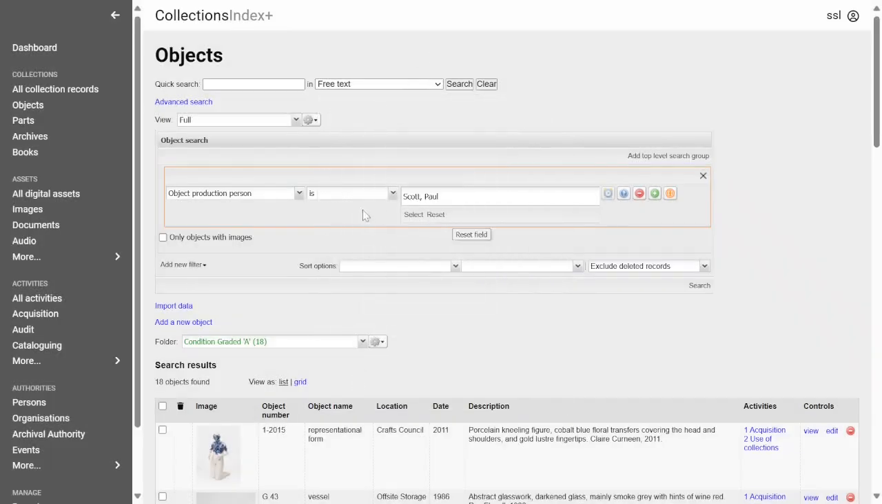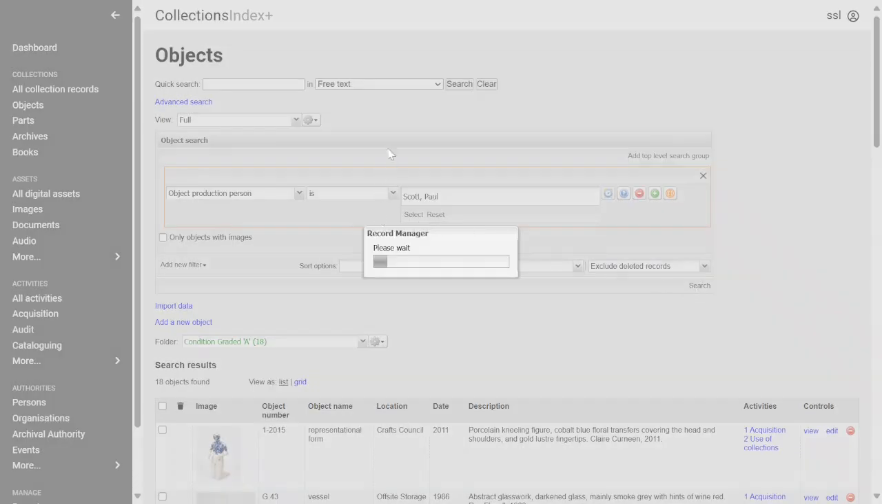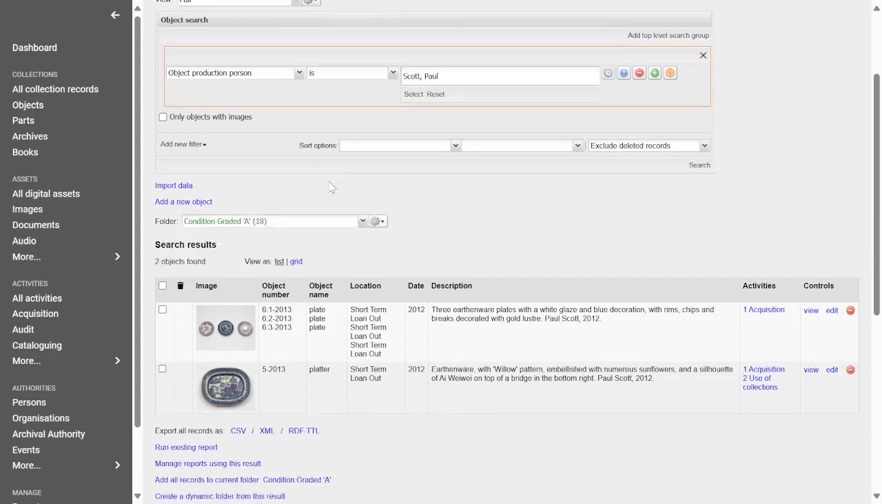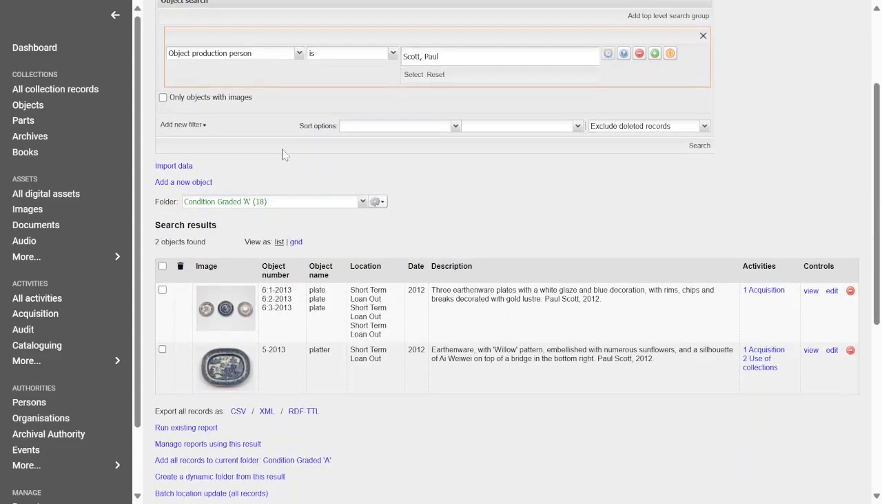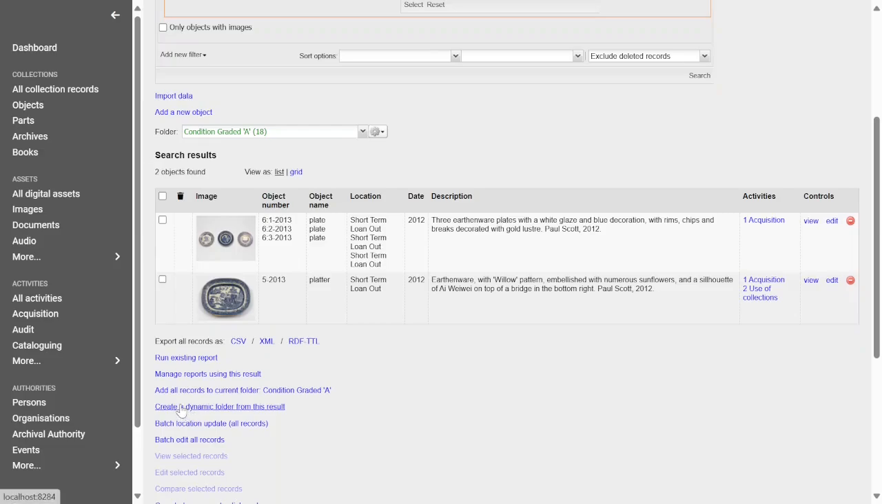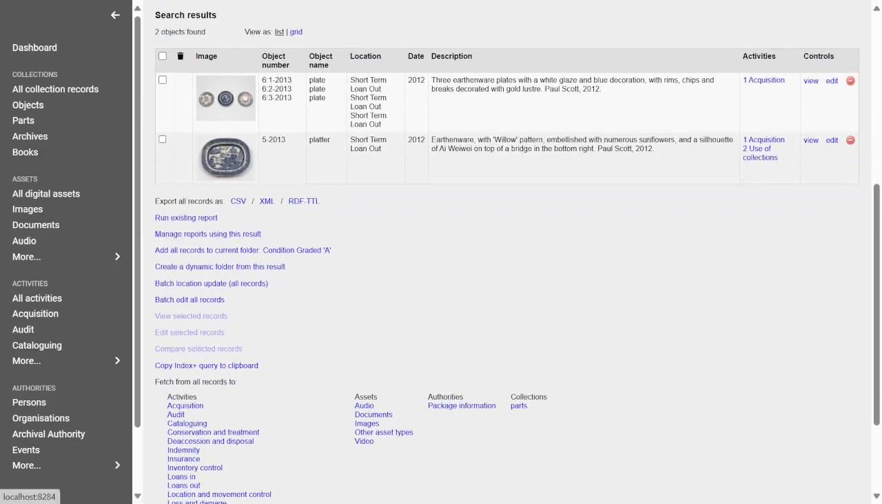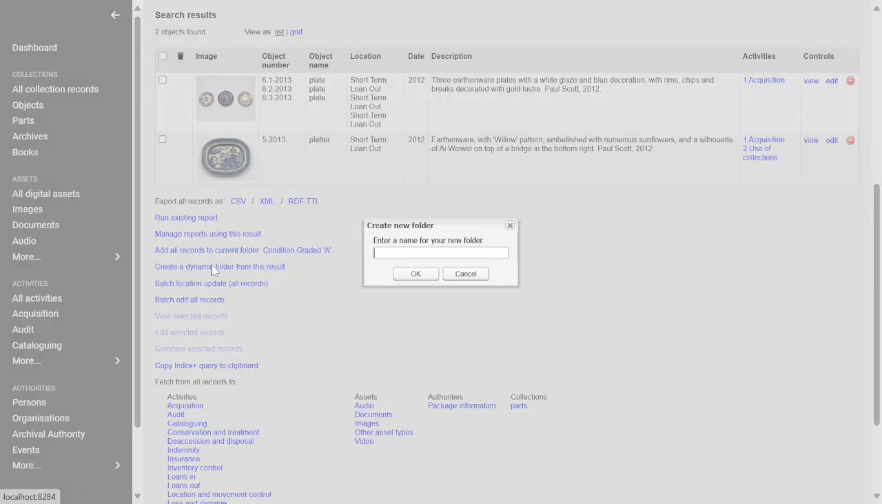Search for Paul Scott in this case. We'll hit search, and we've got two objects we found with that production person. What I could now do is scroll down to the bottom, and you'll see one of your options below your search is create a dynamic folder from this result. So all you have to do is click on that, name your folder,